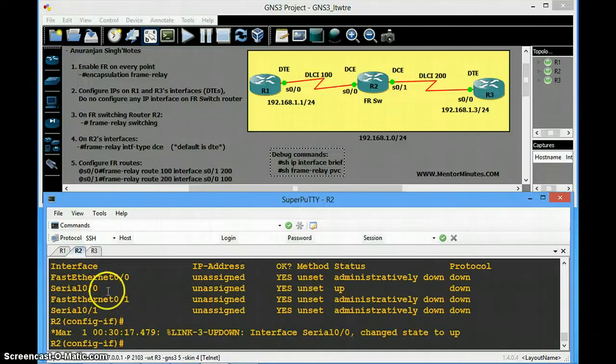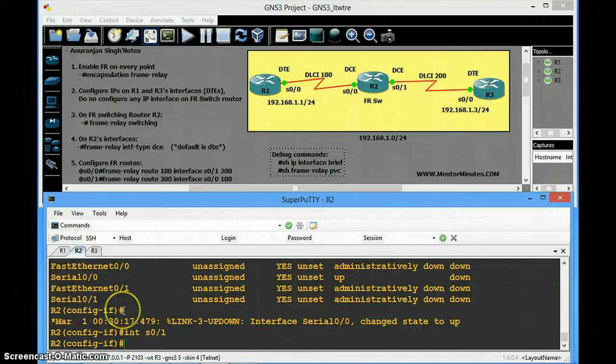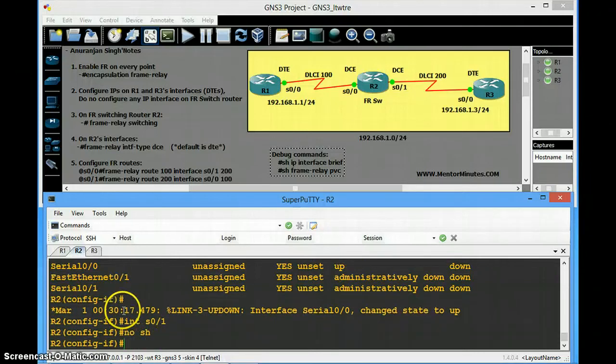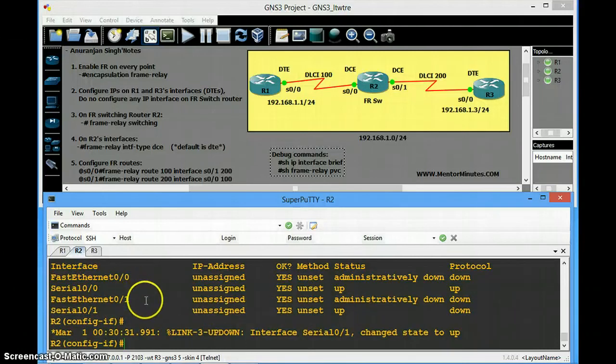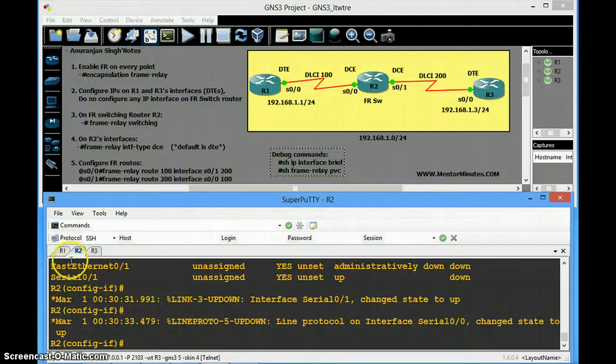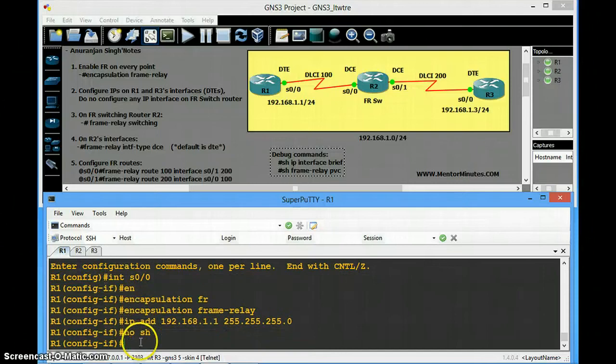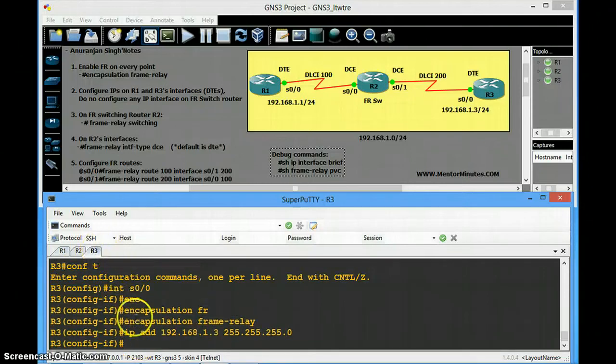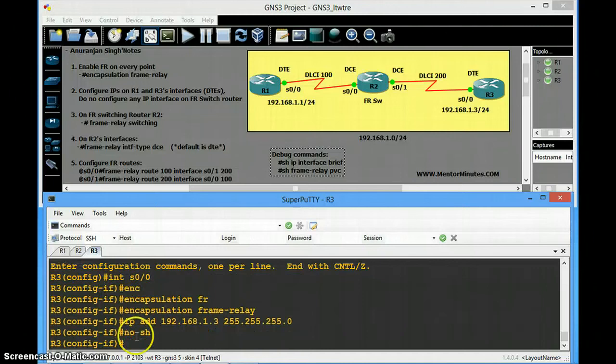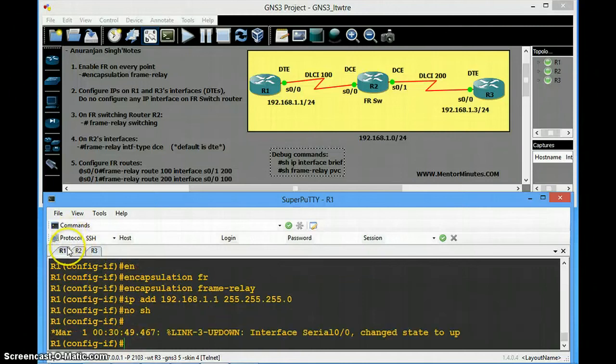See, already this is up. Now we'll go to this interface, we'll do this also no shut, and then we'll check again. Now both our interfaces are up. The same we'll check the interface at R1 and R3 also, whether we did or not. No, we didn't do here also. So no shut, the interfaces are up, and at router 3 no shut, the interface will be up.